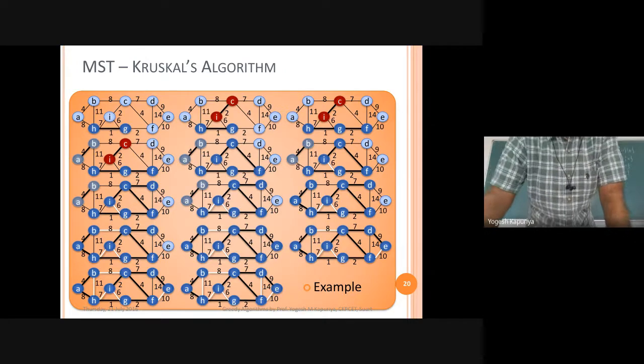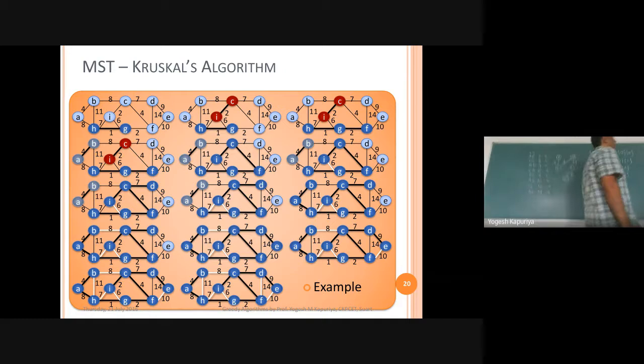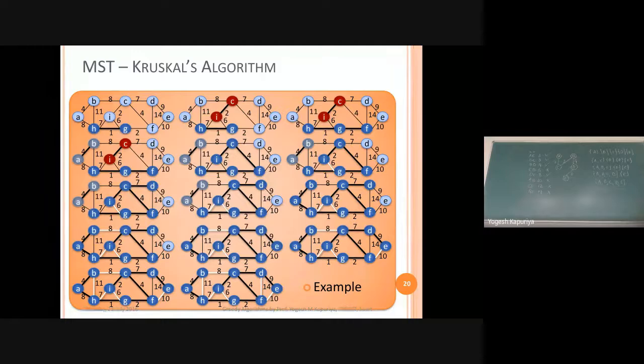But in this example, we have taken AB. So let's continue with that. A and B, are they connected? No. So that means that particular edge will be part of my minimum spanning tree, and now we'll make sure that they are connected. So now you have 2 sets. In fact, 3 sets over here. One is this, second is this, and third is this. And then you have 2 different or independent elements.